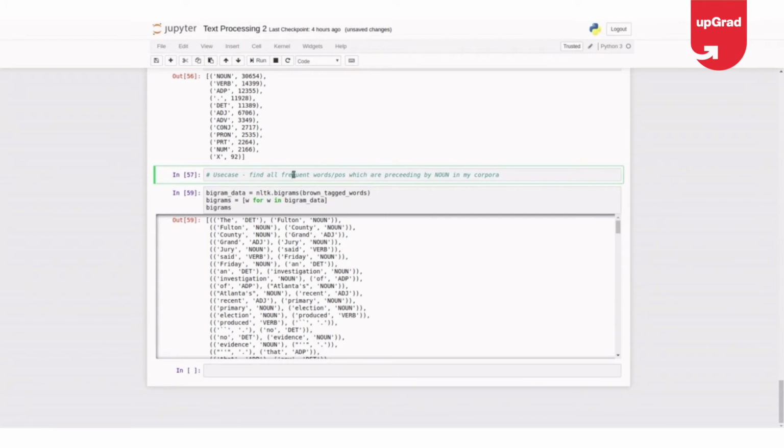Okay, this is important. Frequent, because otherwise there are a lot. Now let me say noun precedes equal to, because it's a generator.